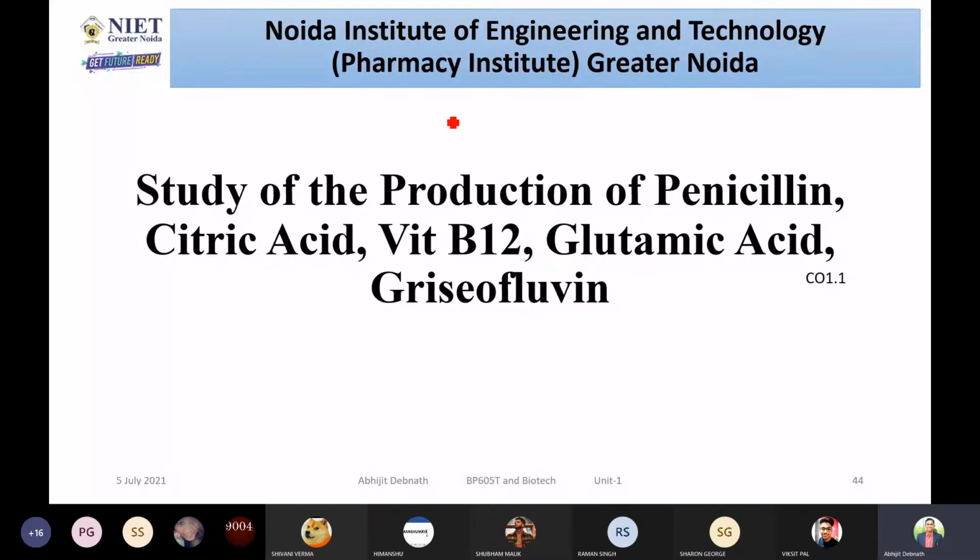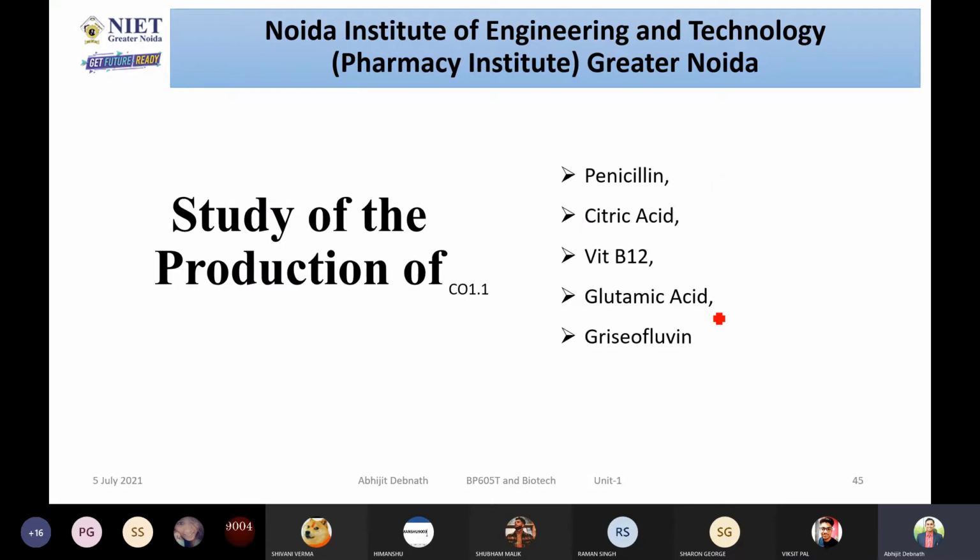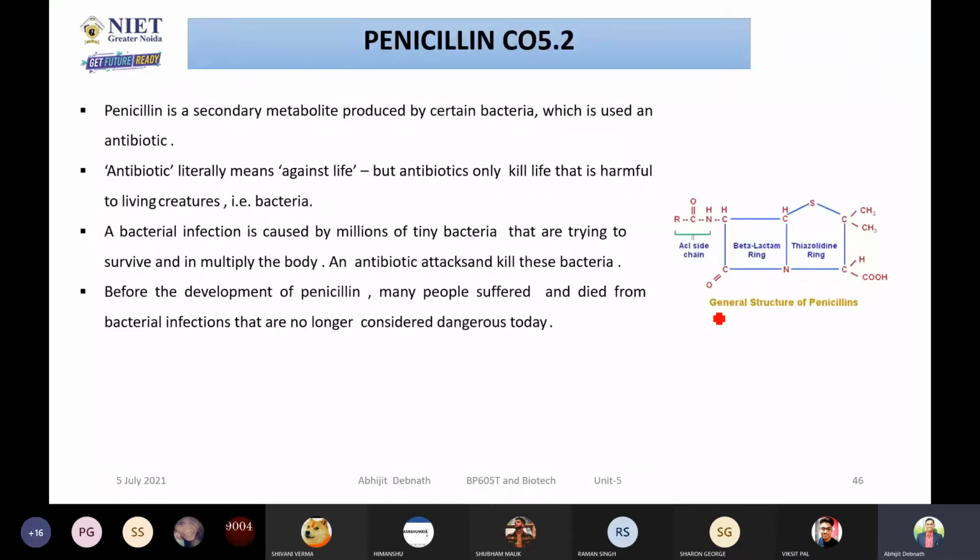Study of the production of penicillin, citric acid, vitamin B12, glutamic acid, and this thing called Griseofulvin. So I think I have started the discussion with the penicillin. So for penicillin, we already have learned in detail in our first unit, where we learned what